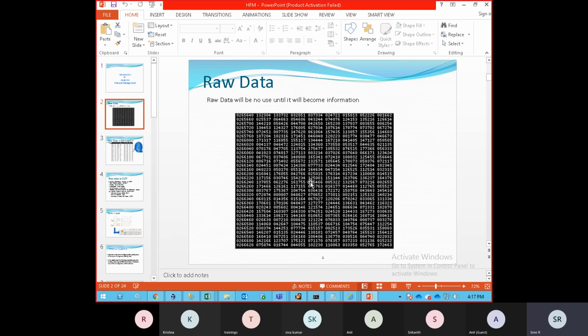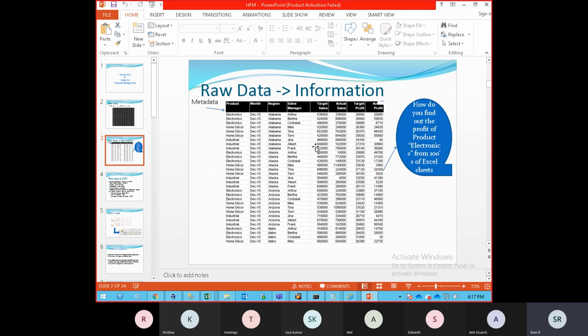Okay, so now this is about the olden days, when we didn't have any application or software to understand or to load the data. Then we came to know that we have Excel. Excel was developed in 1985, I believe, and Excel has two dimensions to store the data like this. Now all this raw data is converted into information because of these dimensions or metadata.